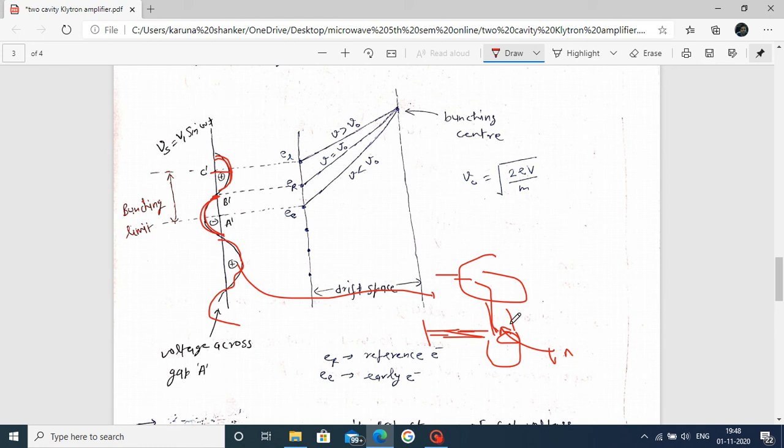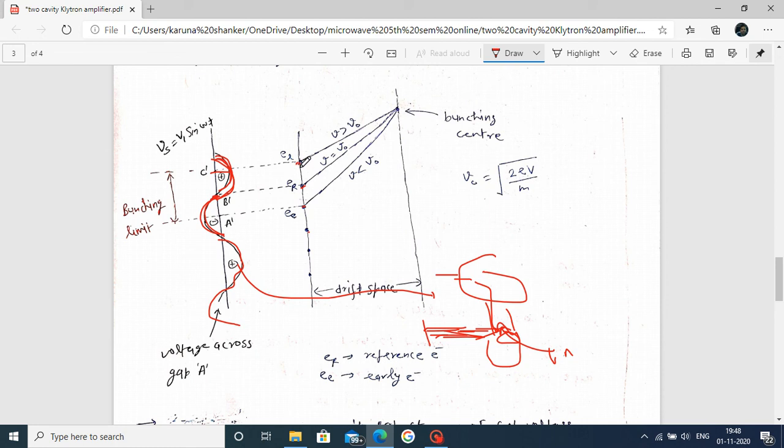Now when the positive half cycle of gap voltage is indicated, the electron which flows towards your input cavity interacts between this electron and your voltage. Now we consider here three electrons. One of the electrons, this one the second electron, this one the third electron. Similarly, this electron interacts with this voltage gap. This is represented as the voltage gap, which means the voltage appearing across the gap of your input cavity.